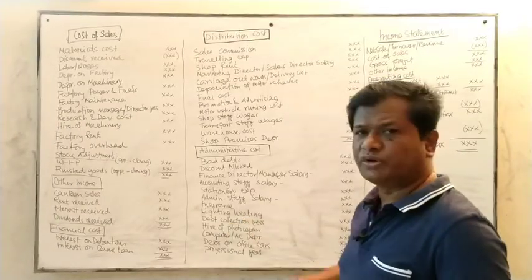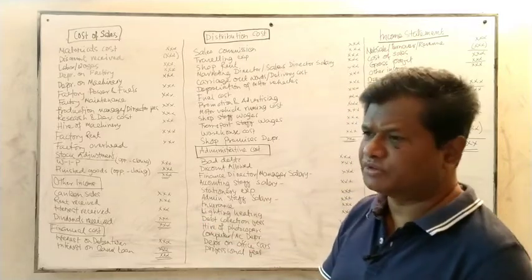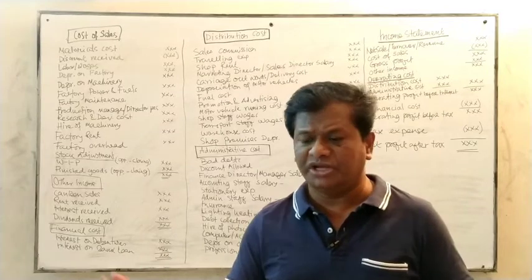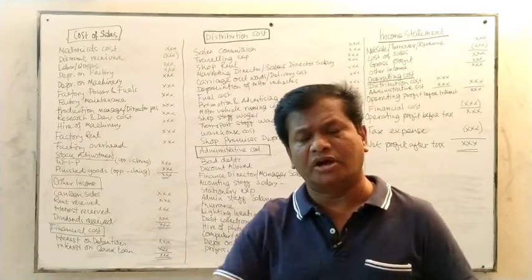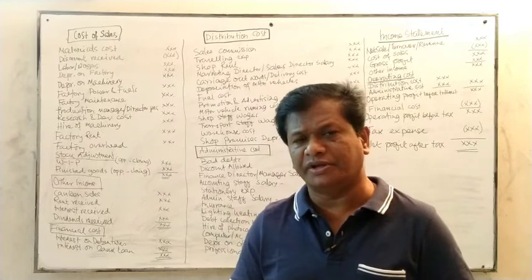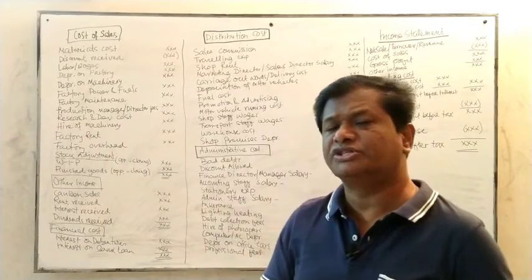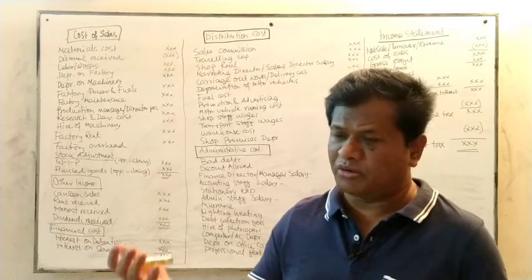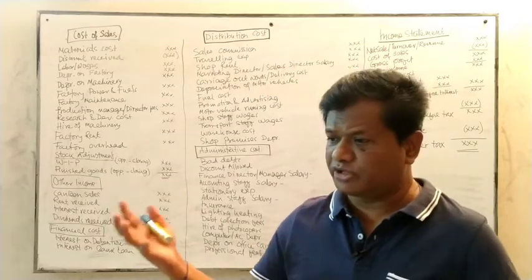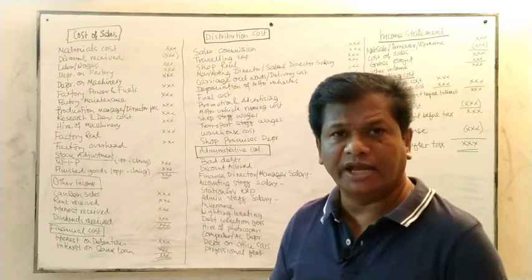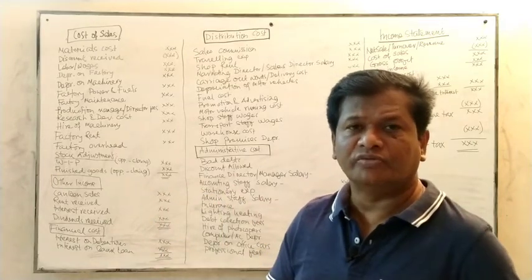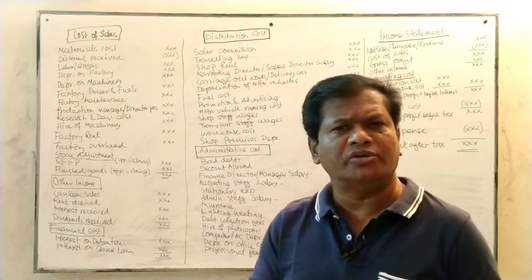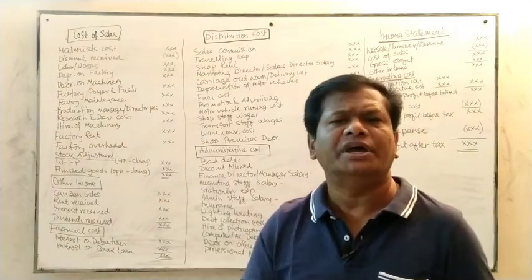Then the insurance cost. This is a very common element for any organization. Maybe anything can happen. Maybe the building where your business is located is damaged by an earthquake or caught by fire, or some of the machinery or some of the elements of your head office is stolen. So that's why you are doing the business under some risk.